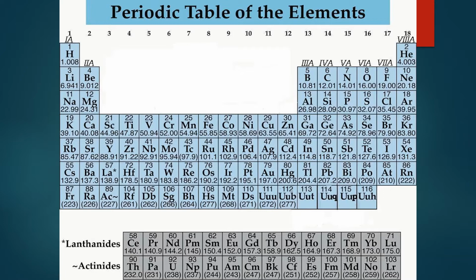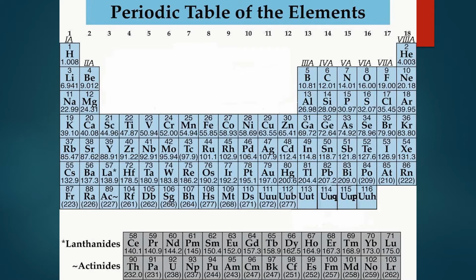And you see group number 3 to group number 12, these are called D block elements. Why are these called D block elements? The last electron enters into the penultimate shell. The penultimate shell is nothing but the n minus 1 shell. Before the valence shell there will be the presence of the penultimate shell.